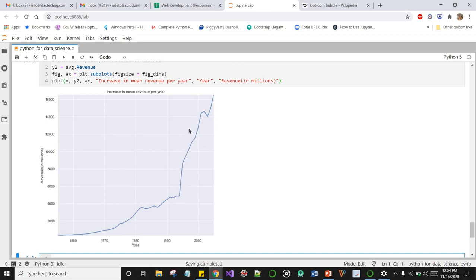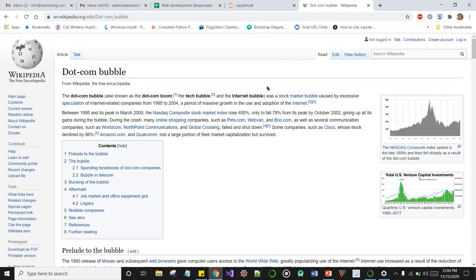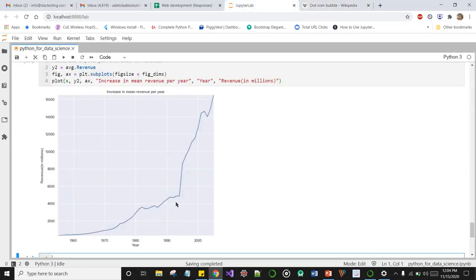You have that exponential increase in your revenue. That tells you a lot of sales was generated, according to our Wikipedia text here. In the stock market, there was an increase in revenue for most of the Fortune 500 companies, and you can see that exponential growth at this particular part of the curve.